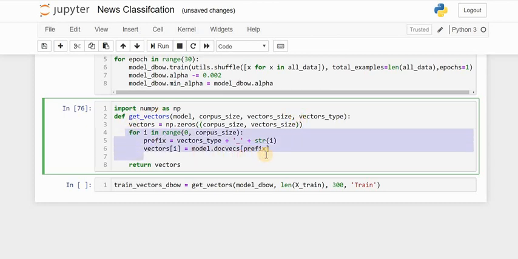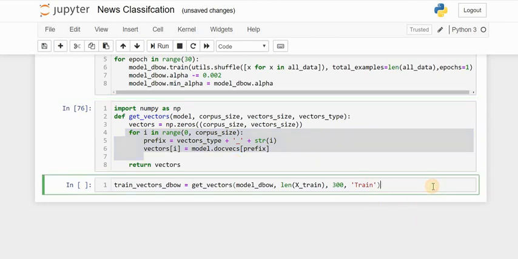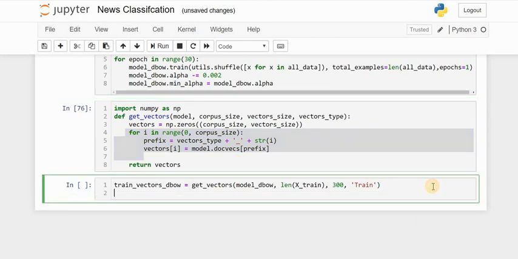Now after running this function which I have just highlighted, the prefix will be vector type plus str of i. Vector type is train_0, train_1. So it will extract from the above model train_0. Each and every news article is now treated as an ID with train_0, train_1, train_2, up till train_1191, because we are starting from 0. That's it. Okay. So let's just do the same for the testing vectors as well, the features of the testing dataset.